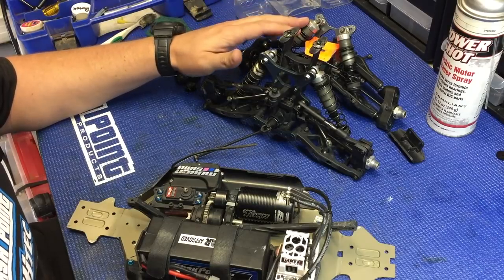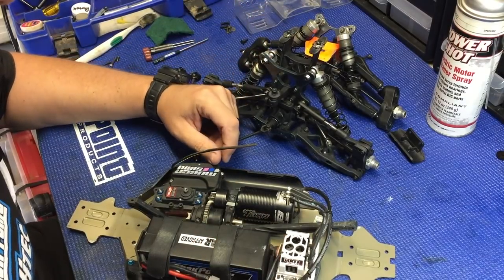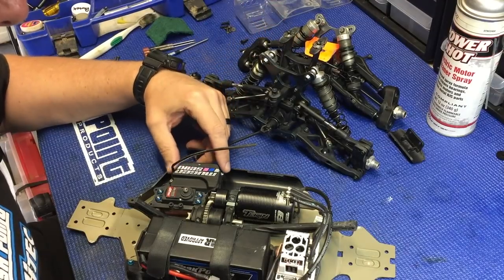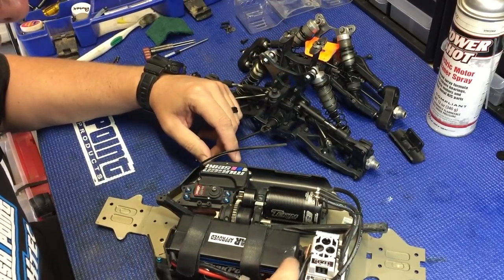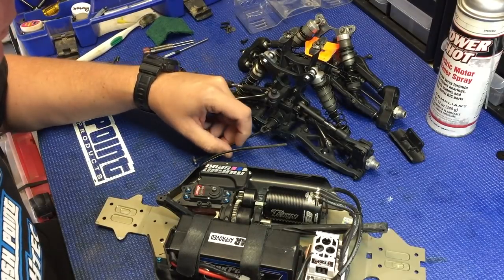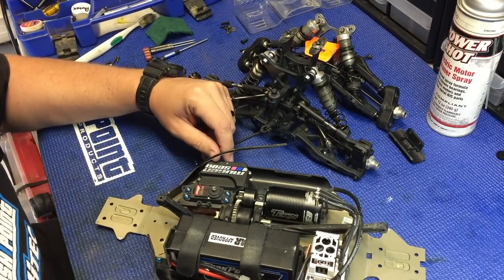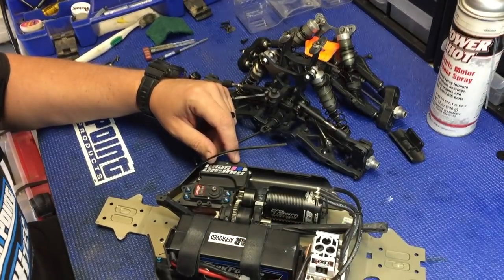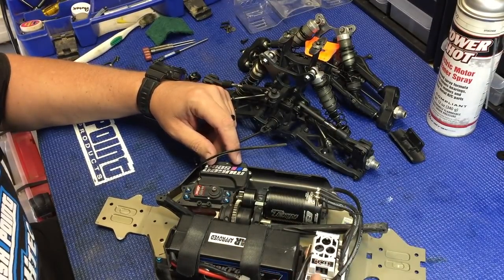So now that I have the front clip, rear clip, and the center of the vehicle cleaned and ready to go, I'll go ahead and bolt front and rear end on. While I was cleaning the car, I went ahead and balanced the 4S track power battery. And from there, I'll go ahead and wash the Proline tires and throw those on the vehicle